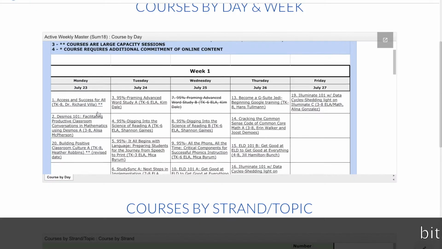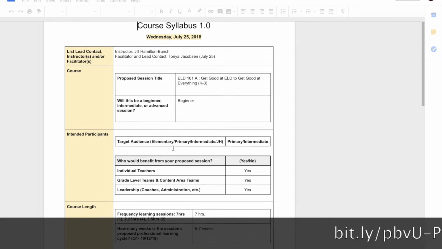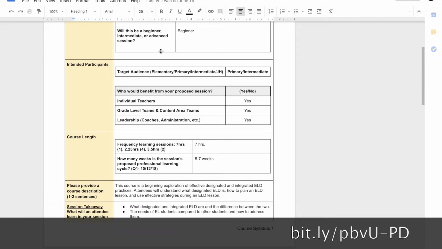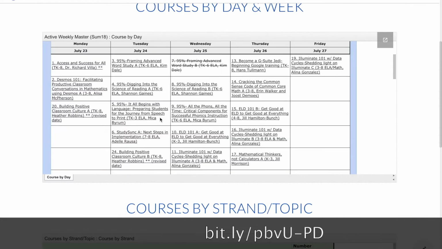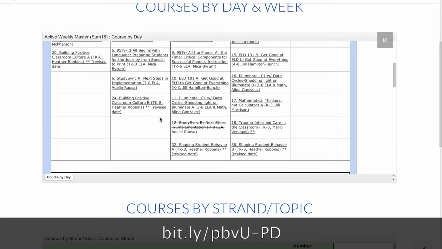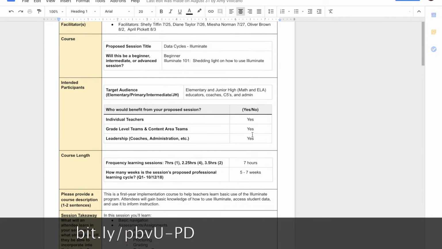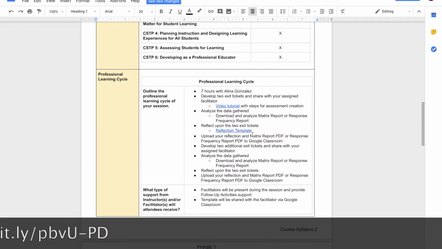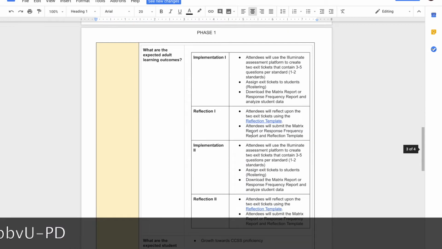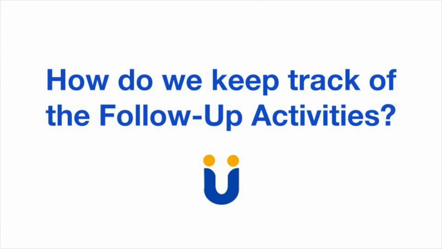This past summer, we had 47 course offerings, which included PE strategies for all elementary teachers and junior high PE teachers, G Suite, Benchmark Advanced and StudySync, ELD, Illuminate, Building Positive Classroom Culture, Shaping Student Behavior, NGSS, Whole Brain Teaching, Visual Arts, and more. Going forward, we plan to provide both repeat sessions and newly developed sessions that build upon what participants have already learned.